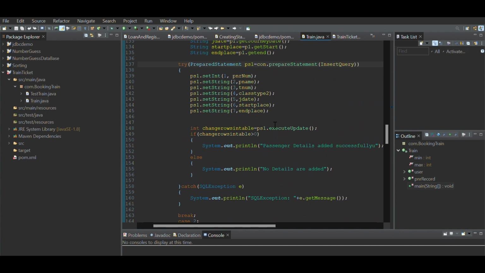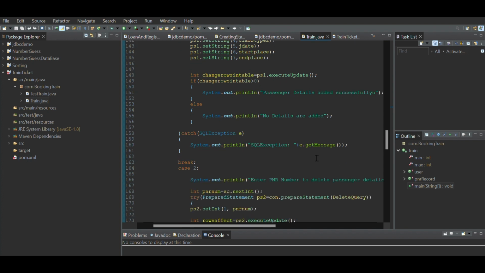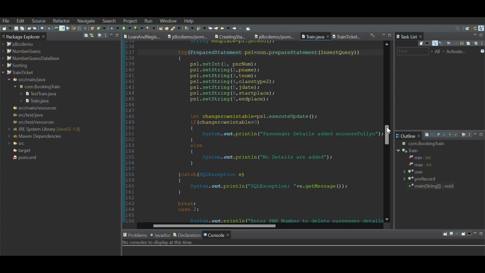And then for executing here we are using execute update, which is nothing but it returns the integer value. If any table is deleted or inserted, there is a change in the column, at the time it returns the number of columns affected. If any changes are there, definitely it will be greater than 0 only. So we can print passenger details added successfully like that. Otherwise no details are added. And then here also exception handled, and for the case 2,